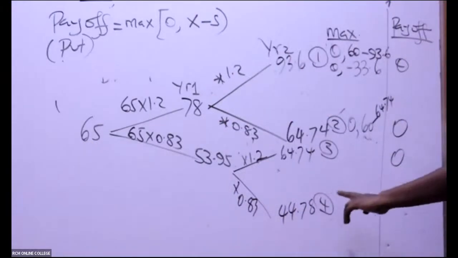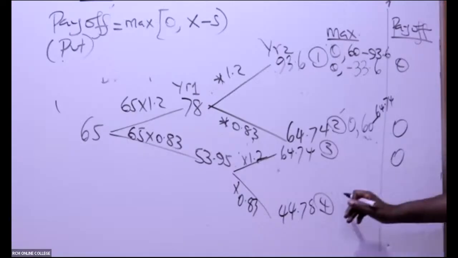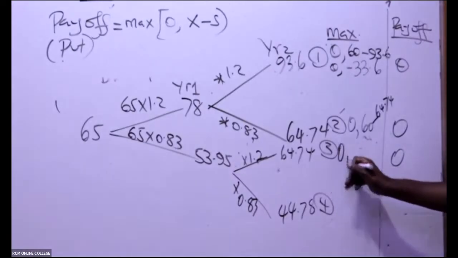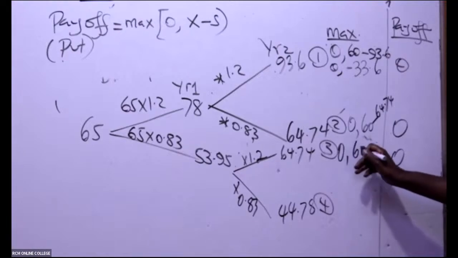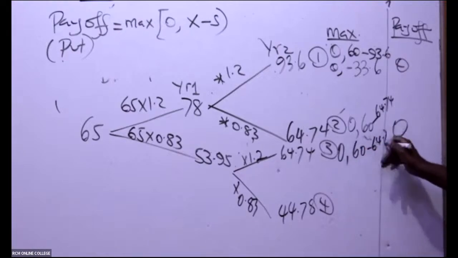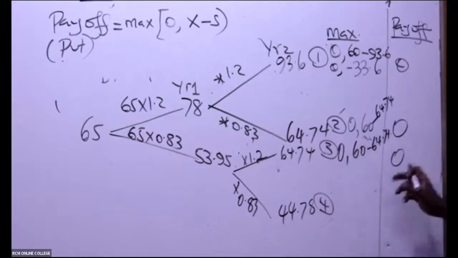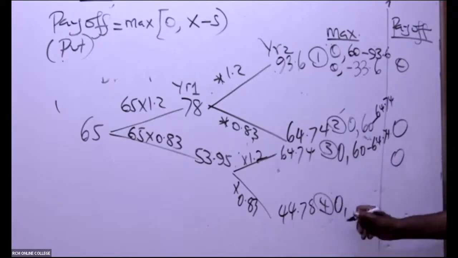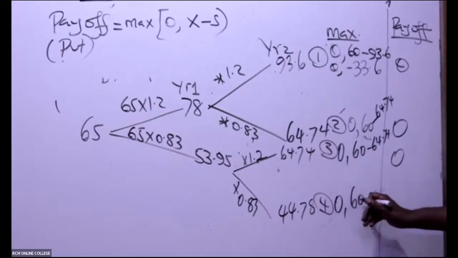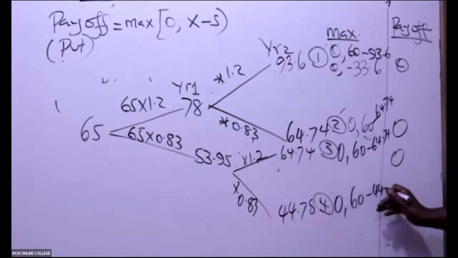How about this one? When you come to this one, option number, or rather this 0, and then of course 60 minus the same, 64.7. Still here, I'm making a loss. I will choose 0. When I come to this one, I'm choosing between 0 and a 60 exercise minus 44.78,